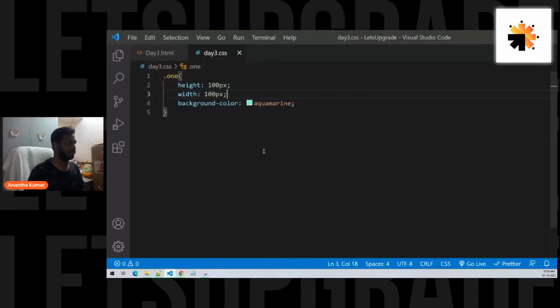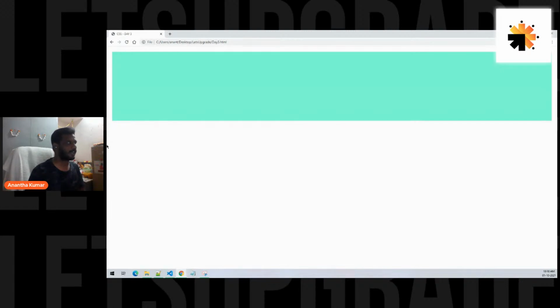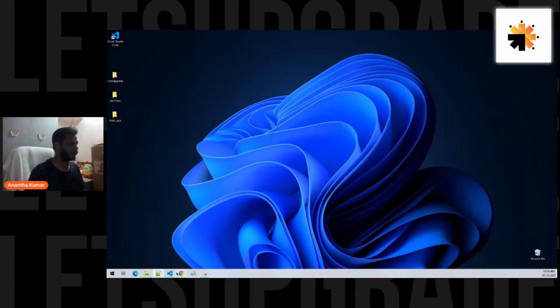Now we can also give size in terms of percentages. For example, if I give 100%, you'll see this is occupying from start to the left. And also we are seeing some extra gap around the box. So what we'll do is